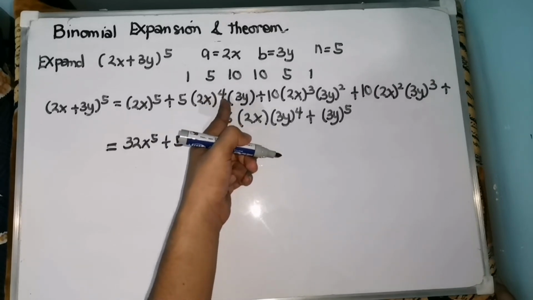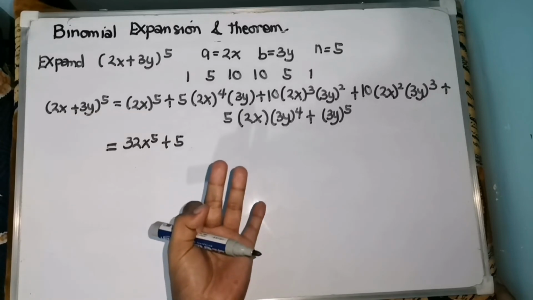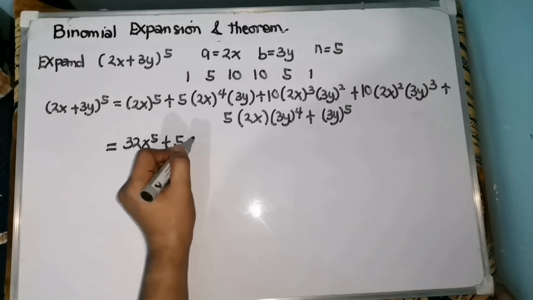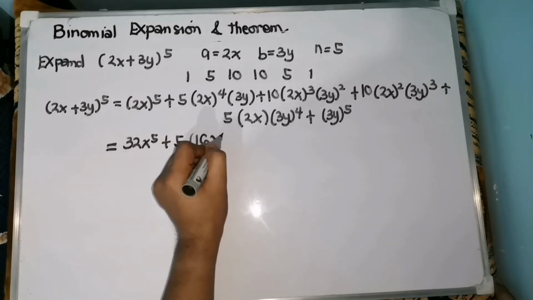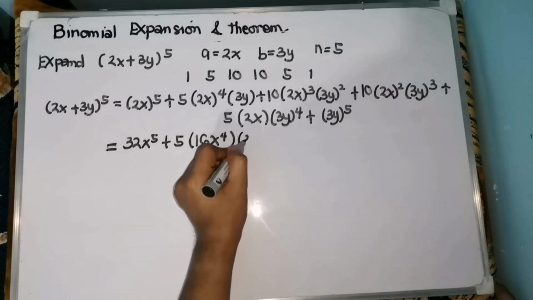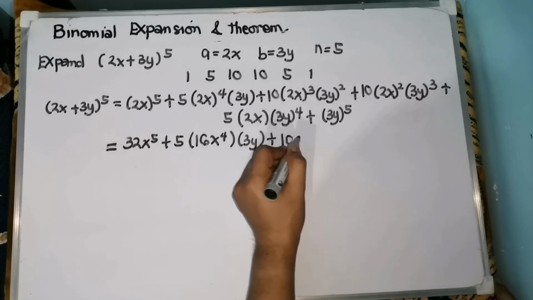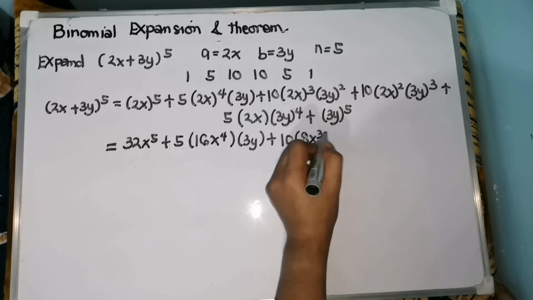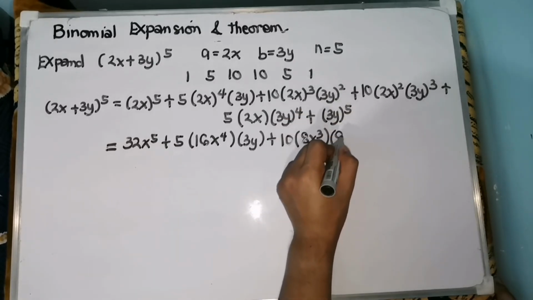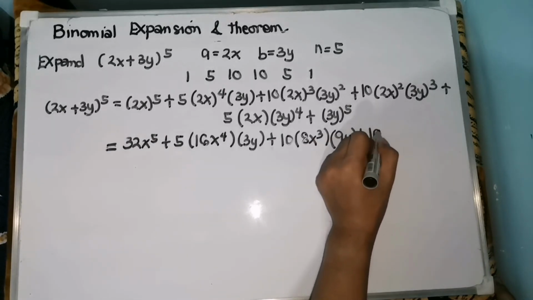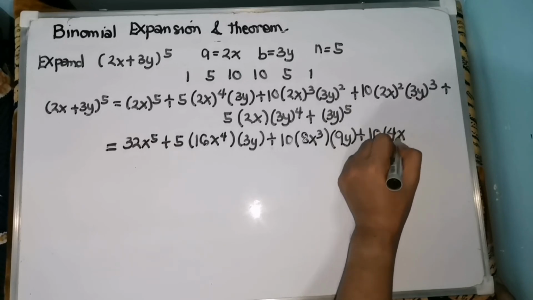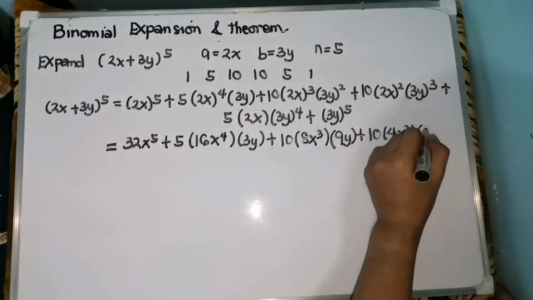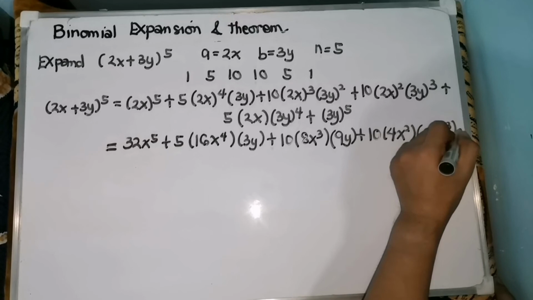So 2 to the 4th is 2 times 2 times 2 times 2, so that is 16, times 16x to the 4th times 3y, plus 10 times 2 cubed is 8x cubed times 3 squared is 9y, plus 10, 2 squared is 4, then x squared times 3 cubed, 3 times 3 is 9, times 3 is 27. So 27y cubed, plus